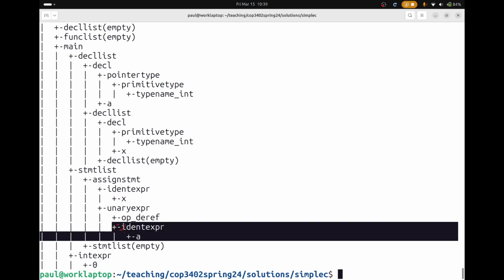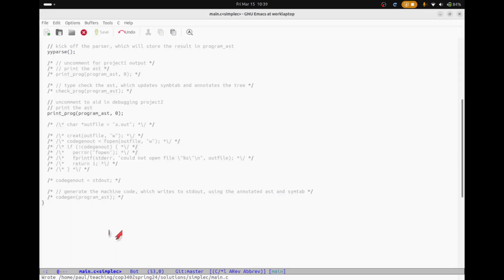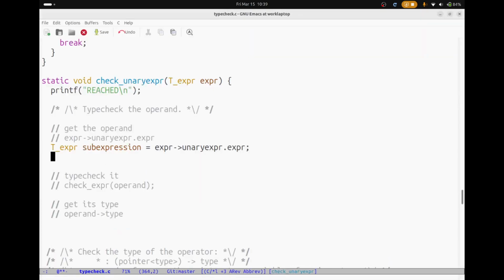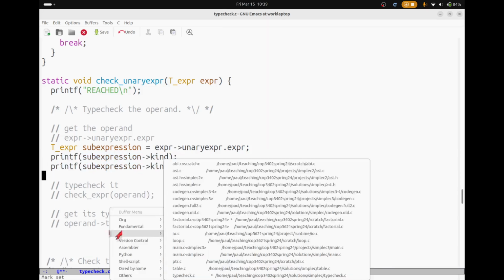Ident expression, right? So you can actually just run your test case with the AST if you want a concrete reference to this specific test case's AST. And so it's an ident expression, and we could actually use the AST, like we could actually just print this out. We could start printing out this stuff in this sub-expression. So, and you can do this step by step. So if you're unsure whether the sub-expression is an ident expression, you could print out its kind. If you're unsure,